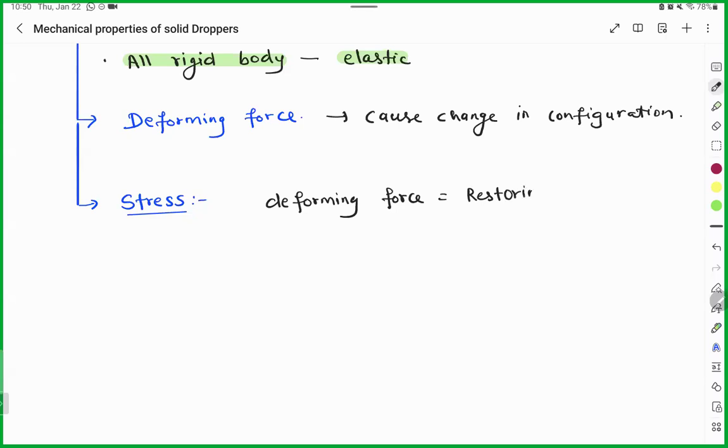So restoring force. Understood, guys? Deforming force will be equal to restoring force if it is perfectly elastic. In this case, if you take stress,